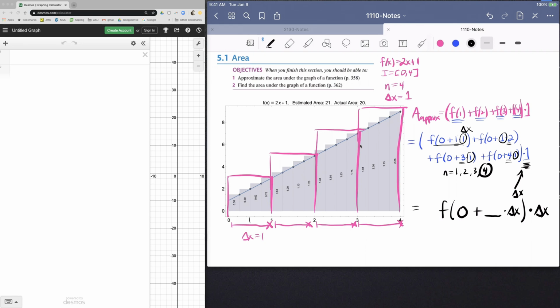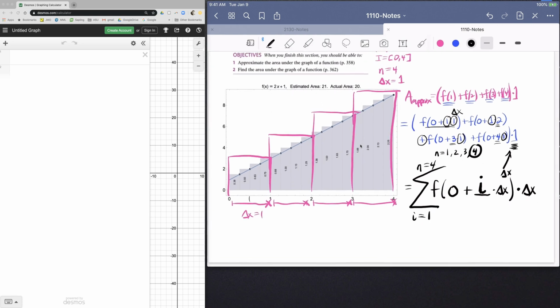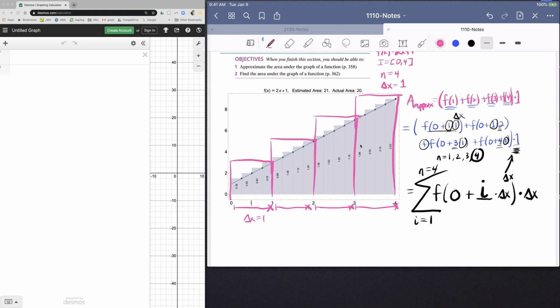And because this number 1 changes from 1 to 2 to 3 to 4, we can say that that is just a counting number, i goes from 1 to 2 to 3 to 4, and because we're adding up all these numbers, we can put this notation here called sigma notation, that i goes from 1 up to the total number of rectangles, which in this case is 4. Okay, so this notation is meant to represent, right, this is called sigma notation,